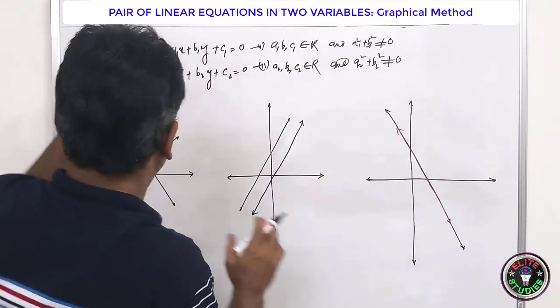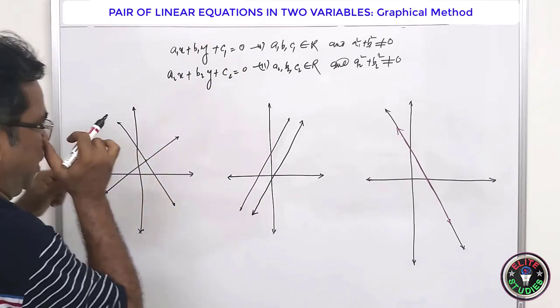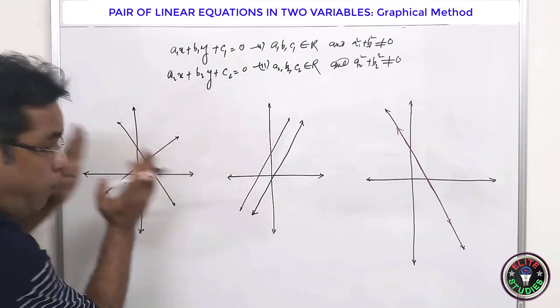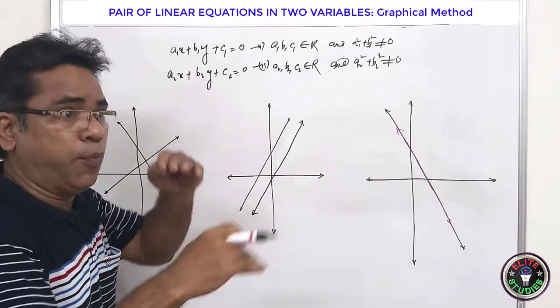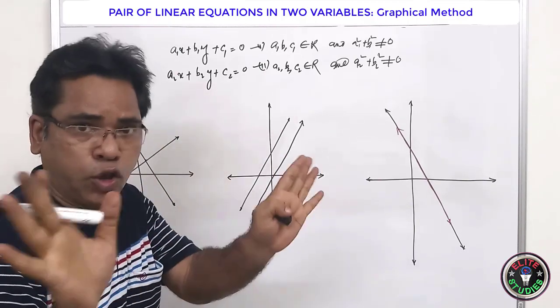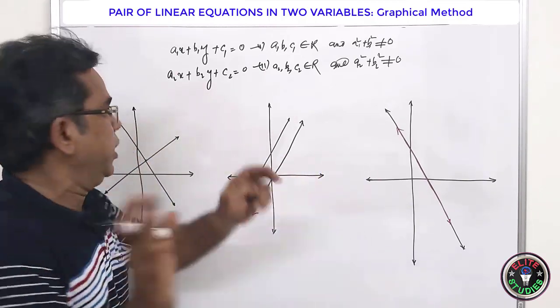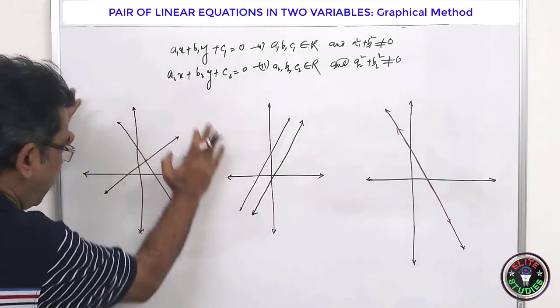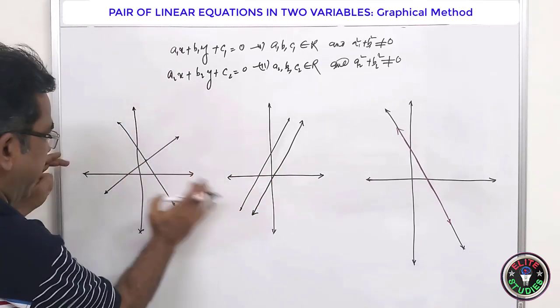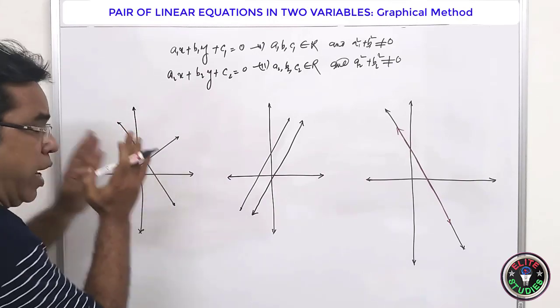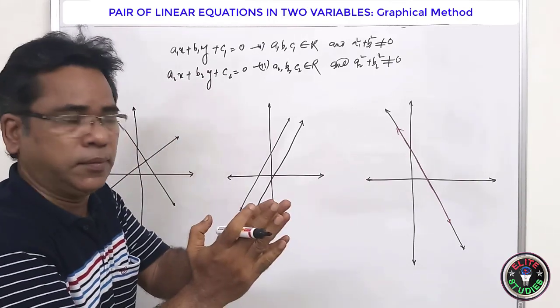There will be two lines if you plot. Now here, because these two lines are coplanar, there is no question, because the opposite of coplanar lines are skew lines. This is skew lines we are not going to study. Because we are drawing the lines on a plane, the x and y plane, the Cartesian plane. So these two lines are on a plane.